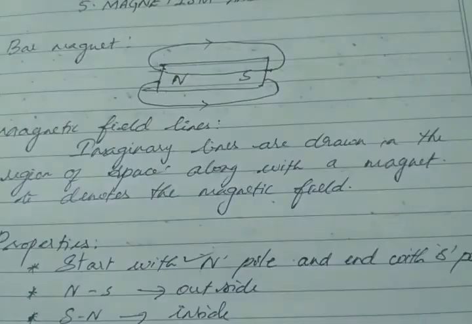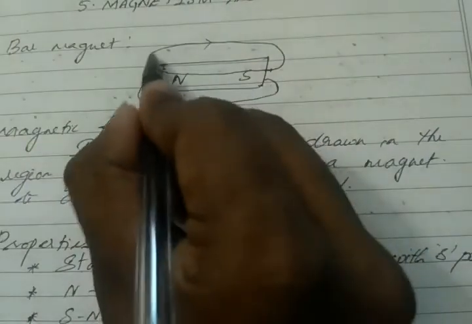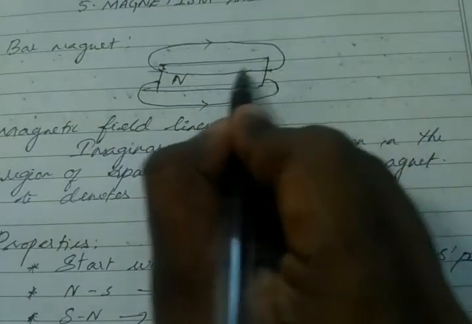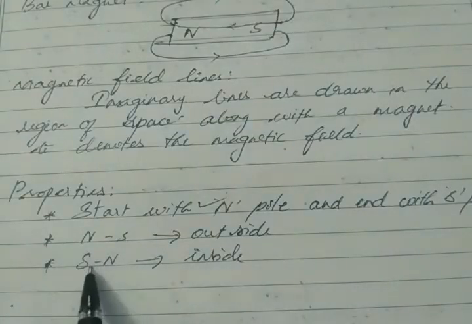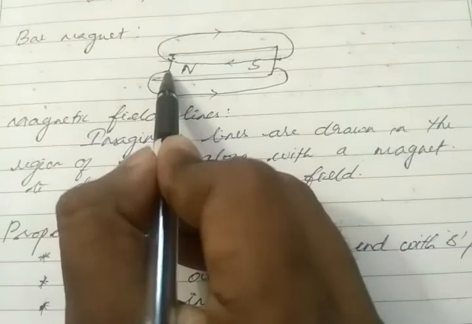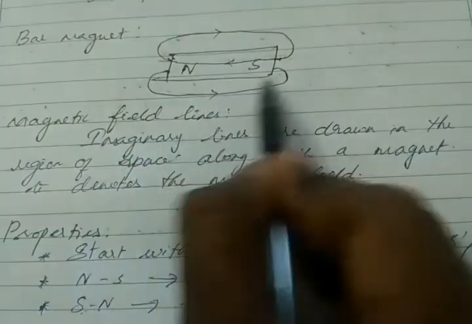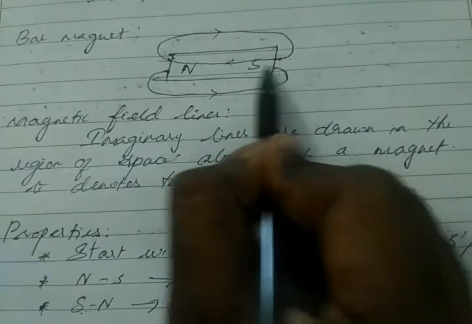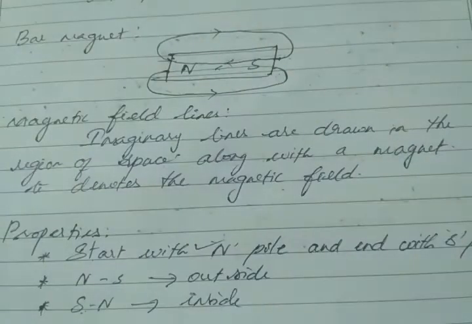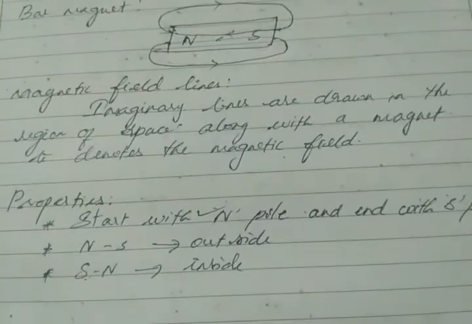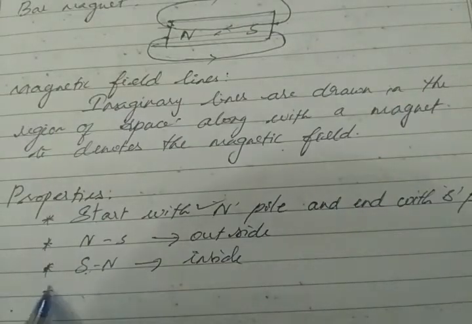Okay, so if you join these magnetic field lines, it ends up like this, right? Inside the magnet it goes like this in a clockwise direction, and again it comes from south to north. So inside the magnet, the magnetic field lines start from south to north. Clear? If you take this one, it starts outside from north and ends at south outside. Inside it goes like this, so inside it starts from south and ends at north. Clear? So we can say magnetic field lines always form a closed loop.